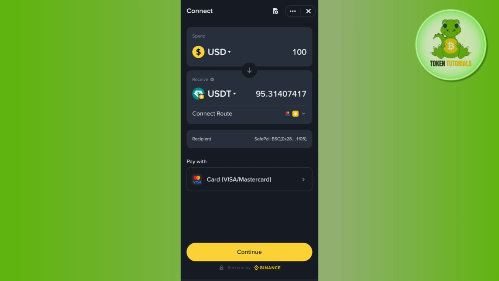method, which can be a credit card or your bank account or anything else. So you can tap over here and select your payment method. Afterwards, simply tap on the option of continue here in the bottom. On the next page, you need to conclude your transaction and you will be able to purchase USDT in your